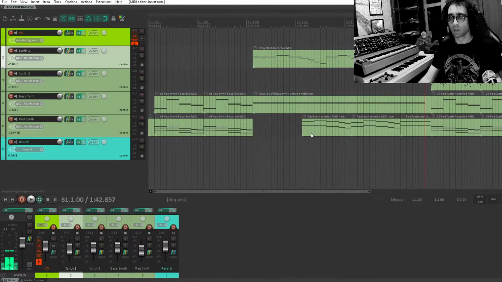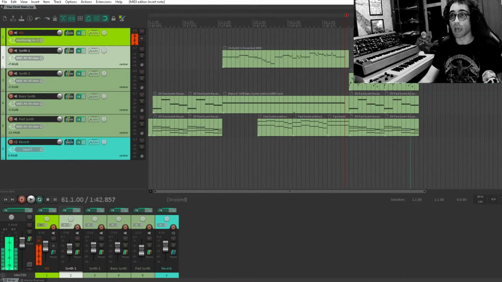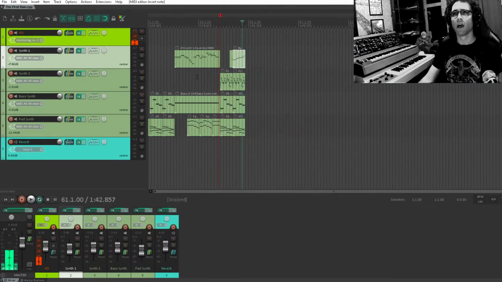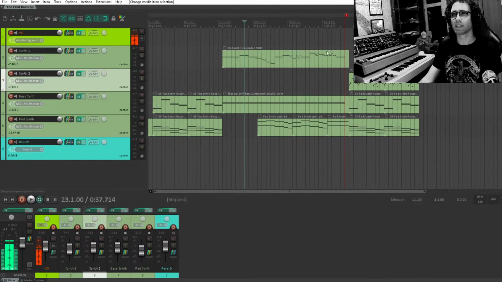Okay. I think I'm happy with that. I'm wondering what it feels like from the beginning. I feel like these parts are quite disjunct. They're not matching each other terribly well, but